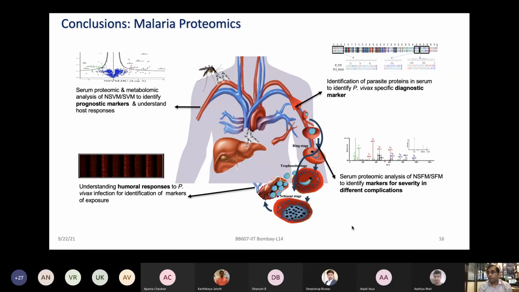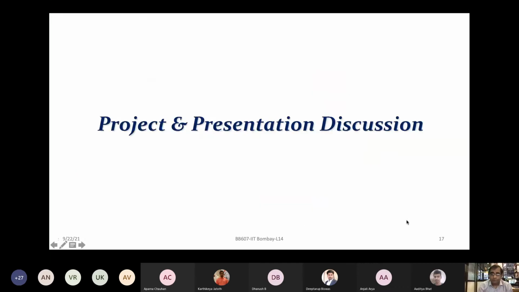But the idea for talking about all this is that in the first part of the course, prior to mid-sem, you have been exposed to many proteomics concepts and a lot of data analysis workflows. Finally, you want to see these kinds of applications: how all of that knowledge, analysis and software can be utilized for meaningful problems, and how they can give us some novel insight to investigate these problems of interest. So let me now talk to you briefly about our plan for the next set of activities post mid-sem.